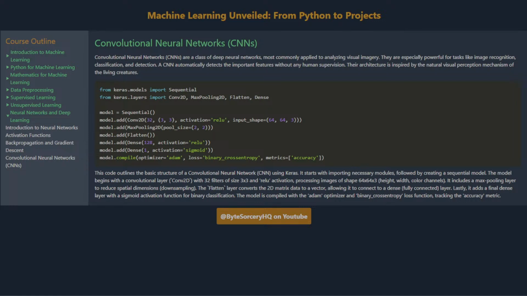It includes a max pooling layer to reduce spatial dimensions, downsampling. The flatten layer converts the 2D matrix data to a vector, allowing it to connect to a dense, fully connected layer. Lastly, it adds a final dense layer with a sigmoid activation function for binary classification. The model is compiled with the Adam optimizer and binary cross-entropy loss function, tracking the accuracy metric.